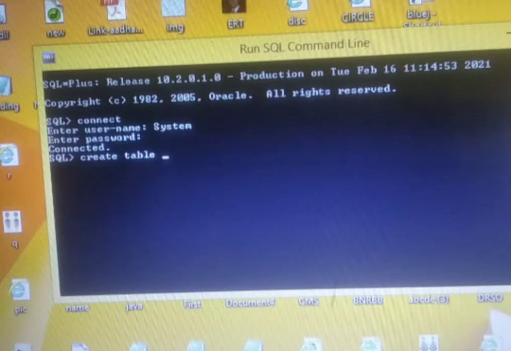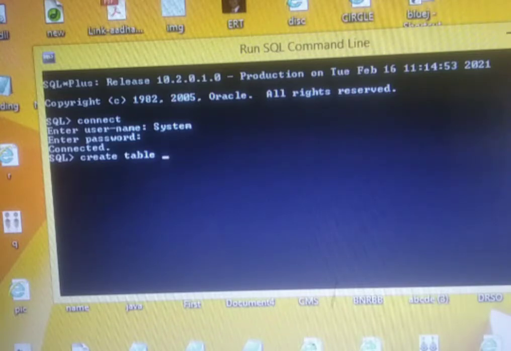We are going to look into the constraints which are being used in SQL commands. While creating a table, several constraints are used like primary key, unique key, check constraint and default. So let's make a table over here.